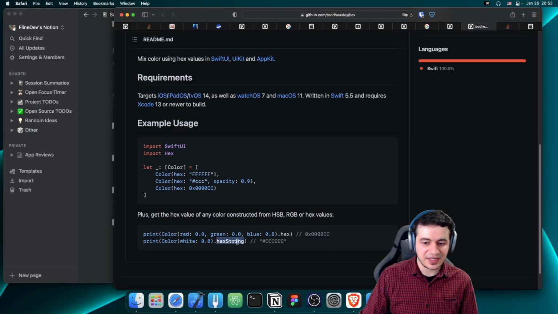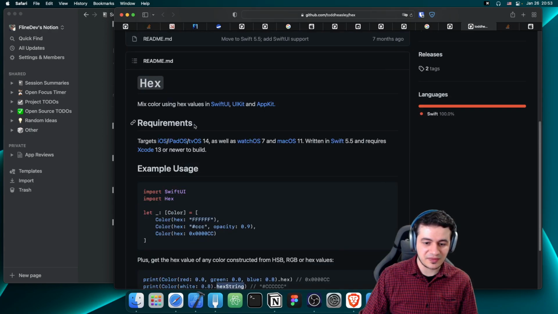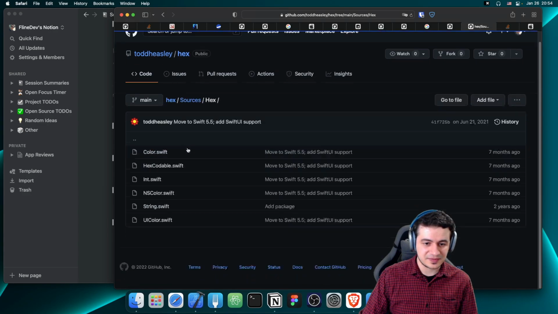So we do have the hex string here, so I think I will just go for this solution here, however complicated it might look. So what they were doing,